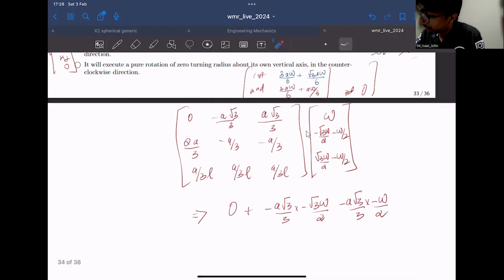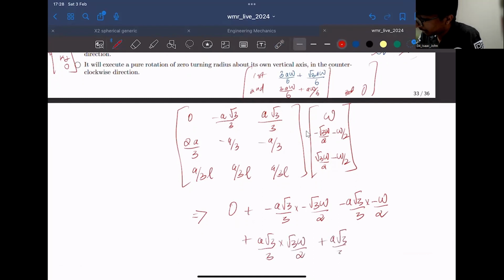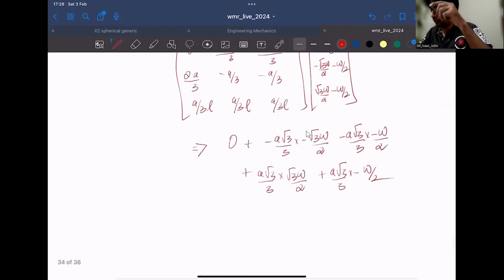Then we have this term, that is plus a root 3 by 3 times root 3 omega by 2, plus a root 3 by 3 into minus omega by 2. So if you multiply everything out,